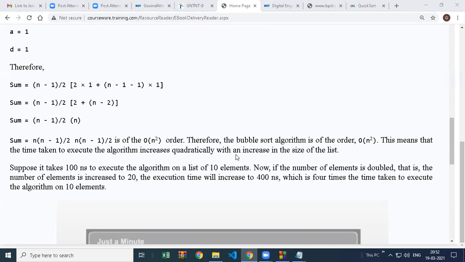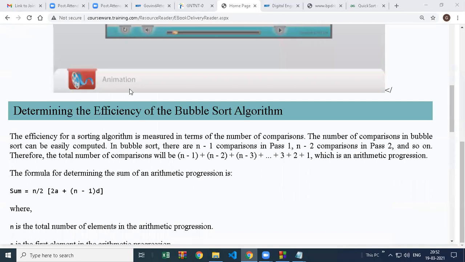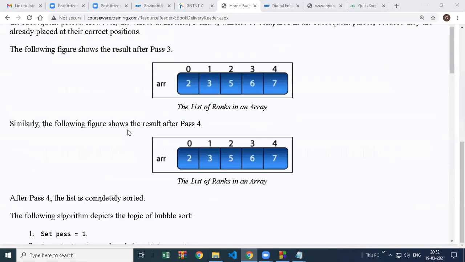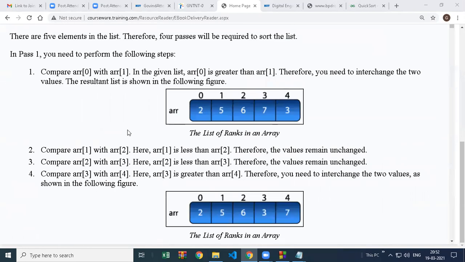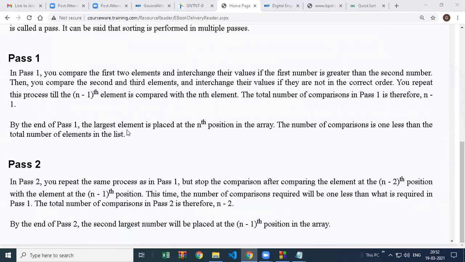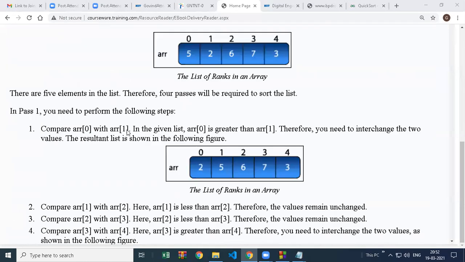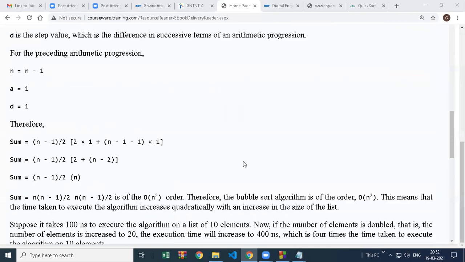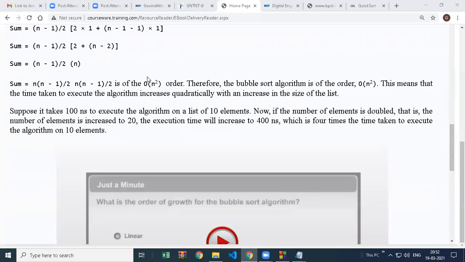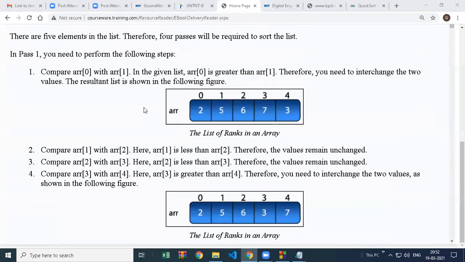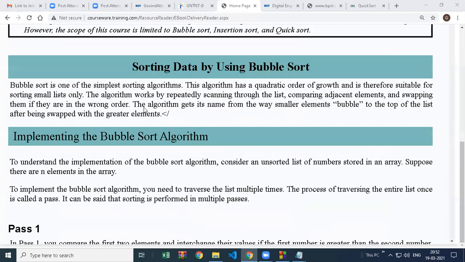and slowly those milliseconds will convert into seconds, and then your algorithm will slow down. So bubble sort is only advised if you have a small amount of data. If you have 10 elements, 100 elements, up to 1000 elements is okay, you can use bubble sort. But if you have more data than that, bubble sort is not recommended because it will take more time. So 1000 elements means 1000 into 1000, somewhere around 10 lakh nanoseconds, which converts into seconds, so it becomes a worse situation. So bubble sort should only be used if you have small data.